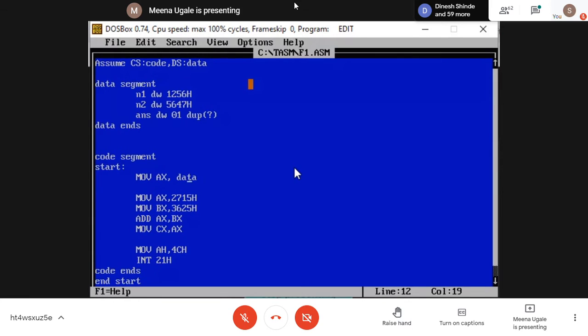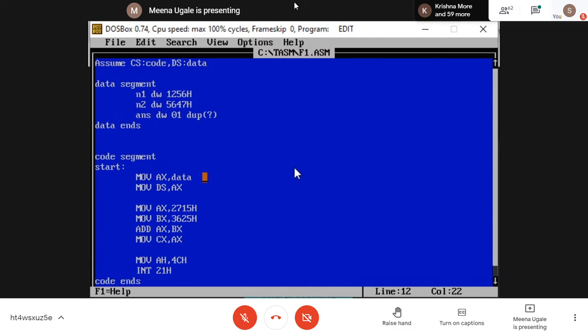With this instruction, move AX, comma data, move DS is my data segment, comma AX.